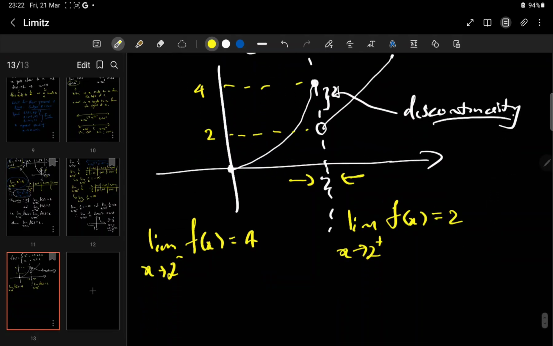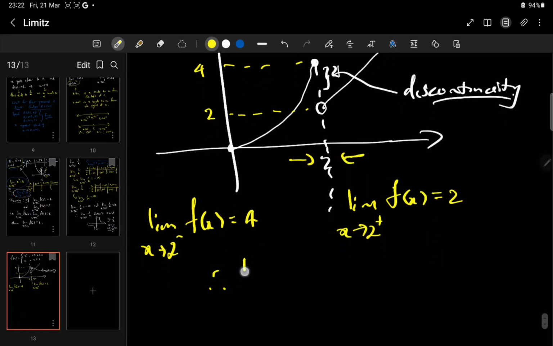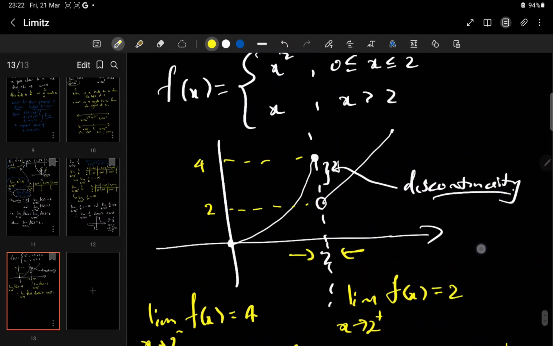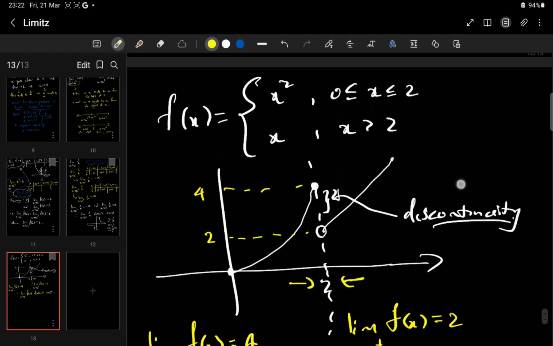You can see that the left and the right limit are not the same, so therefore the limit as x tends to 2 of f of x doesn't exist,